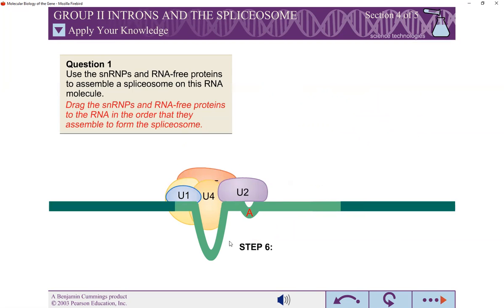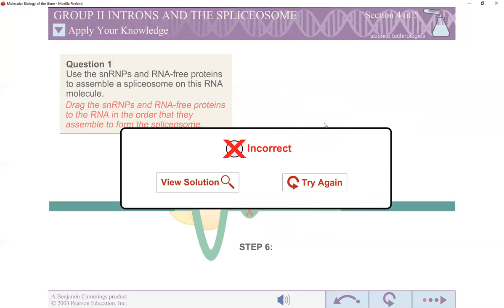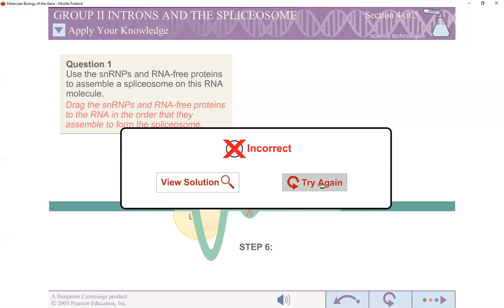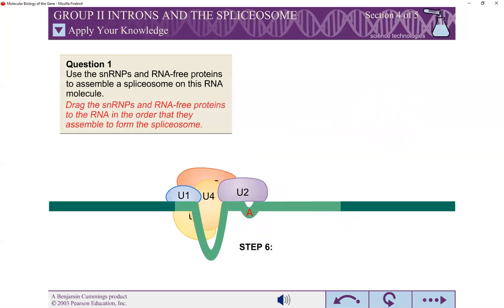Then the U4 has to be removed. Just give me a minute so that at least I can show you how this would be done, because I'm unable to remove all these. And where should I take all these molecules so that the binding takes place? Because in this particular question, what we have to answer would be